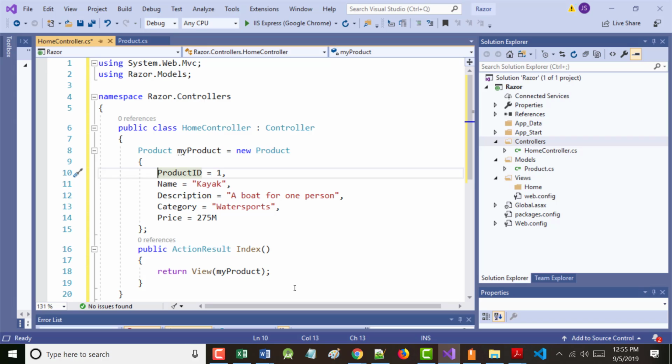Notice in here we've got Index, but we don't have an Index view. Again, you should know this by now. When we created the home controller, under Views, it created a folder with the same name as our controller name without the word controller, but since we created an empty controller, there's nothing in there.